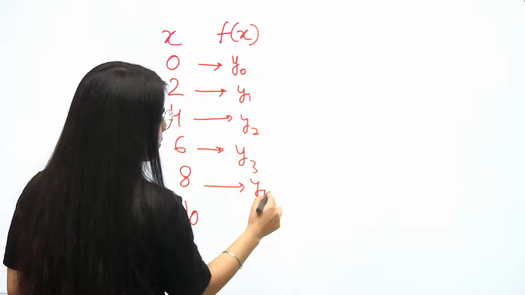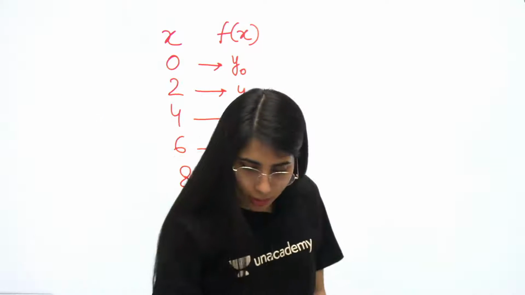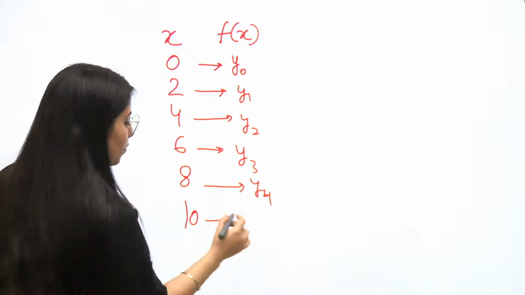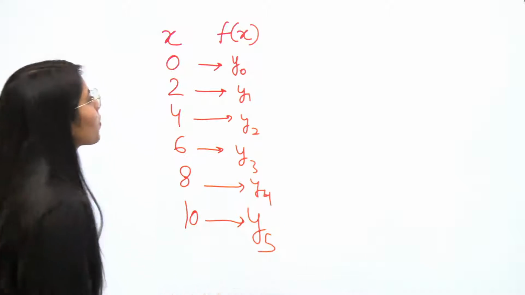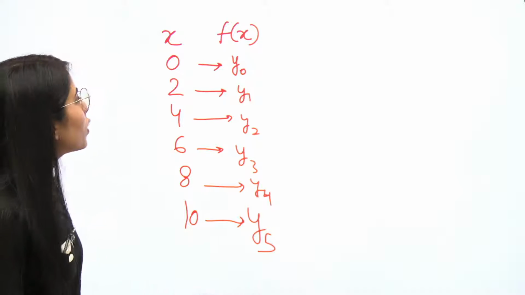But I'm just giving them symbols, y0, y1, y2, y3 and all. Clear? So in this way, what will happen? It's going to be y5. Clear? In this way, if you are given the data, the first thing you need to